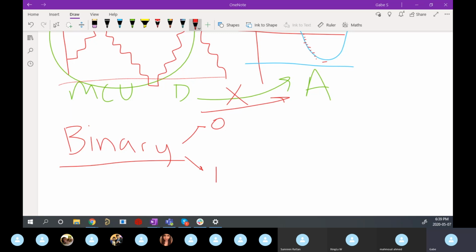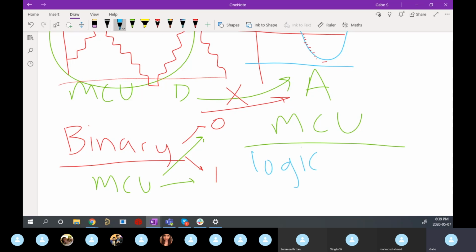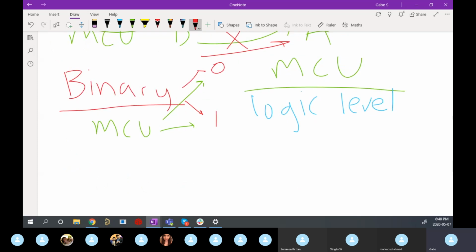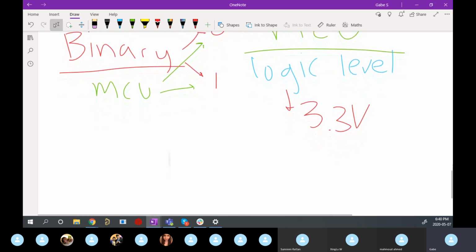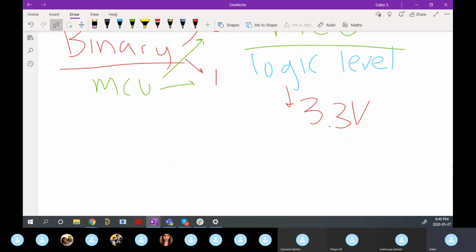And so to be able to convert and to actually interface with the real world, which doesn't really know what a 1 or a 0 means, right? Only our computer, our microcontroller knows what that is, right? So it's essential to understand something called the logic level. So a microcontroller will have some sort of logic level, right? And it's going to be different depending on the microcontroller you use. For us, that's usually 3.3 volts. And what that means is that if your logic level is 3.3 volts, that's the level at which you read a logic 1, right? So if my microcontroller is seeing 3.3 volts on one of its pins, then it interprets that as a 1,